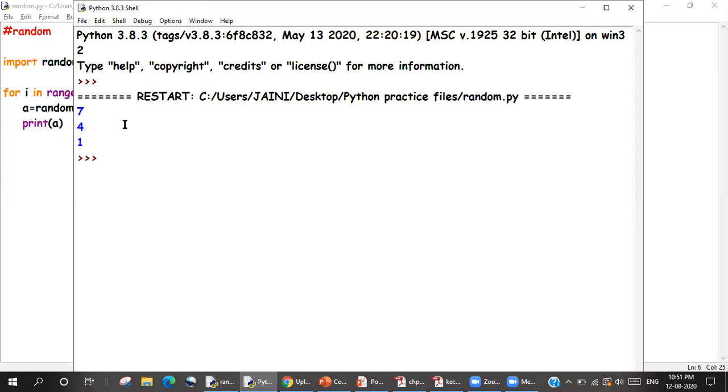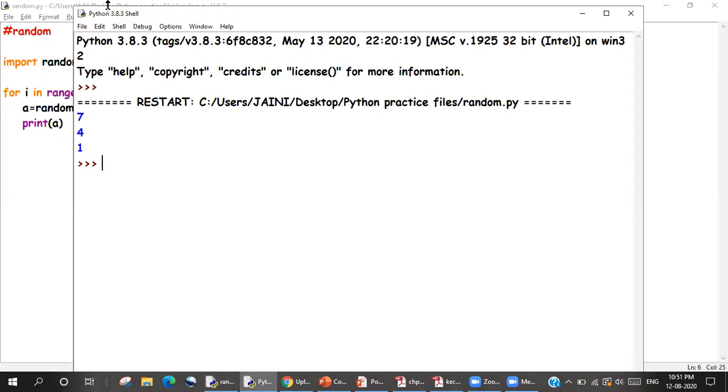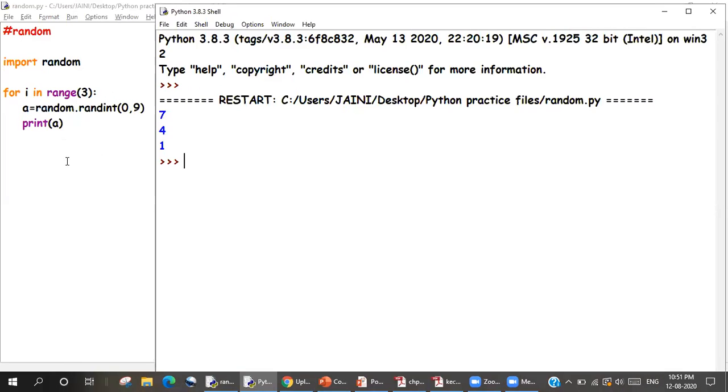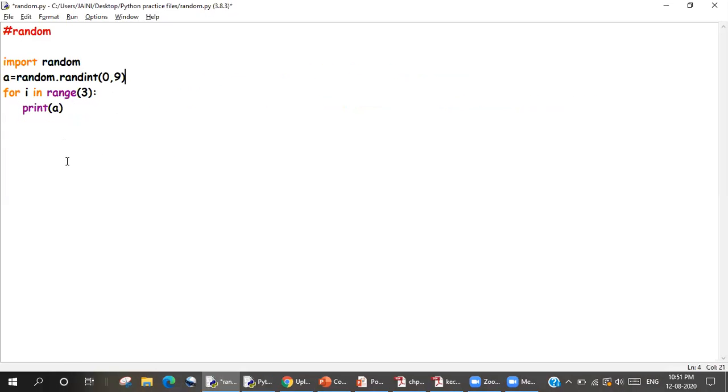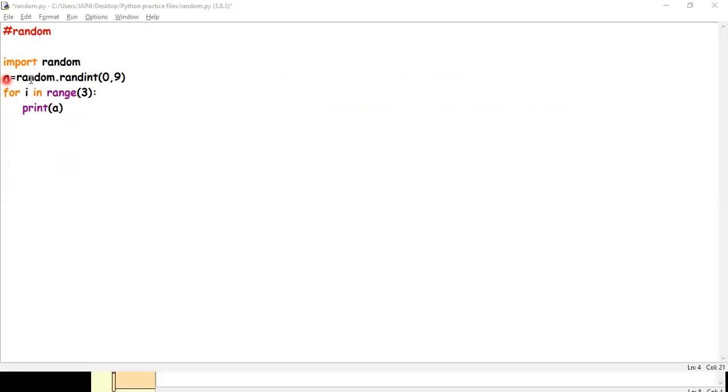Yes. I'll explain the difference between these two in case you did not understand. In this one, a random number was picked from 0 to 9, any number. The number that was selected was 8.